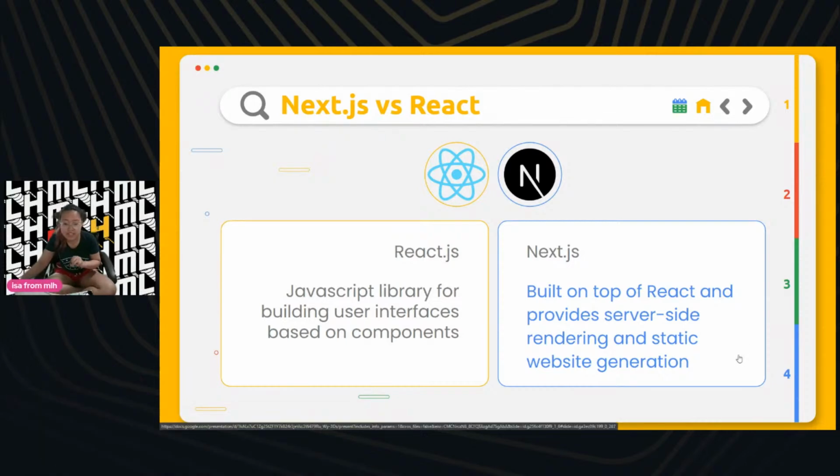Awesome. So once again, server-side rendering means that instead of coming from the client, from the browser, it's coming from the server. I'll go into it a little bit more, but it makes it a little bit faster because instead of sending everything to the browser and letting the browser do all the work, it's coming from the server and it's only sending what you need. Static website generation is related to what we're doing right now because portfolios are basically just static websites that tell your, let's say, recruiter or employer the things that you've done, the projects you've built. So going from there,